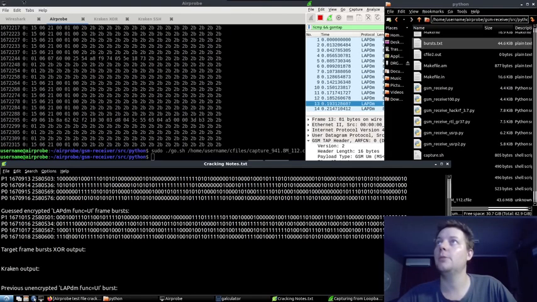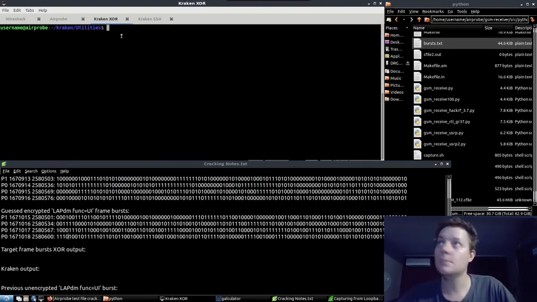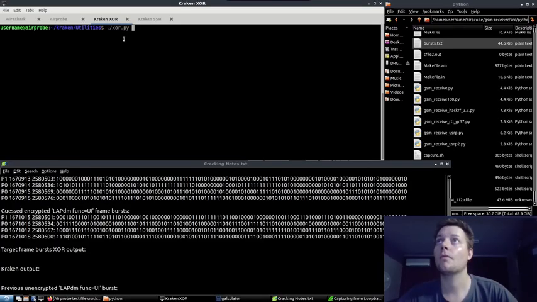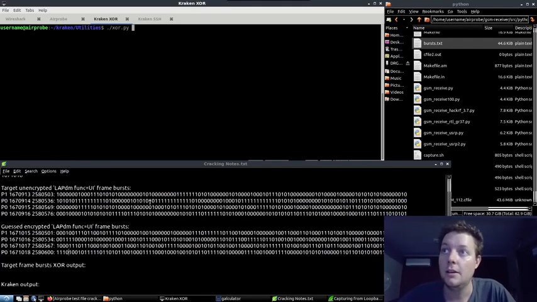Okay, so now we need to open another terminal. What we need to do now is utilize Kraken's XOR.py utility. You don't need to compile this. This is just a Python script that you can download from Git. So you just cd into the directory and then run your XOR.py script, and we need to feed that script